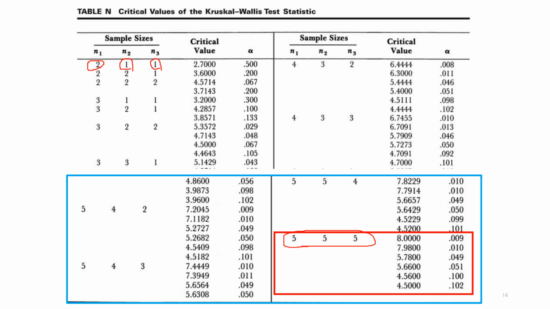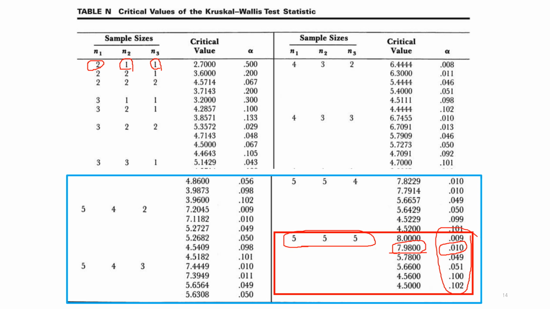Okay, 5, 5, 5. And here we have a probability series up to 8 points. So the value is 8 points, then the probability would be 0.009. So when we move up, since we said the alpha level is 1%, this is the mature value. If this value is exceeding